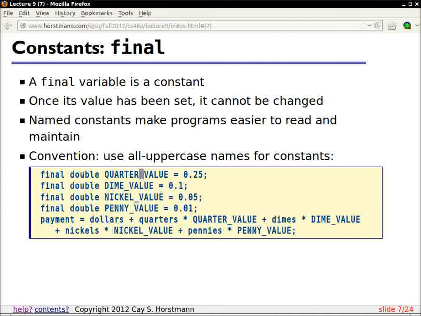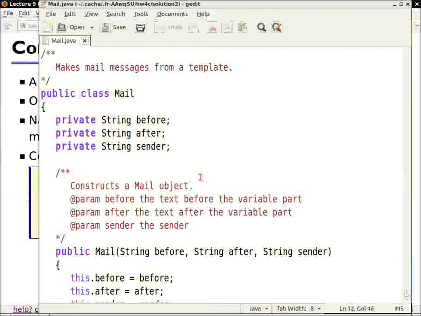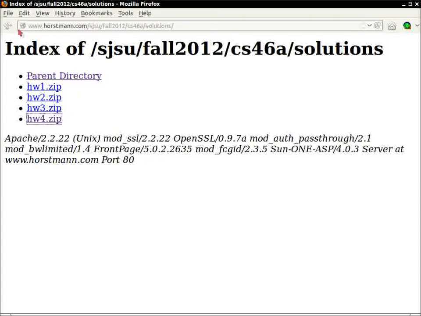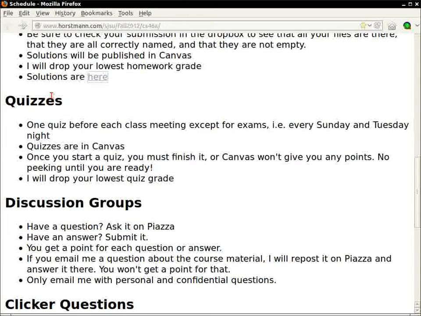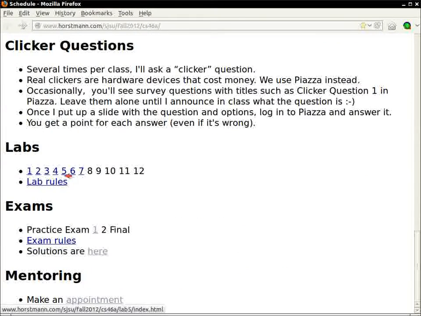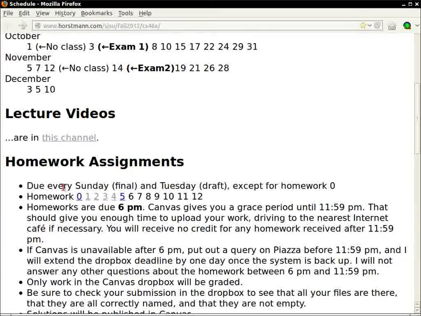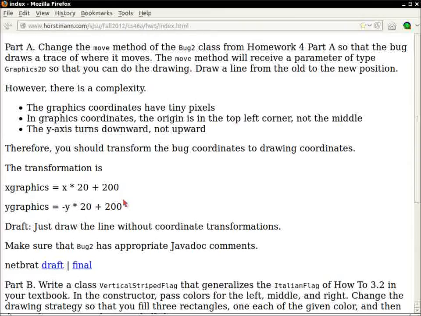Now, admittedly, it's unlikely that a quarter will ever mean anything else but 25 cents. But there are many situations when you use a constant where you do want to change it. For example, in the homework assignment number 5A, let me show you the assignment. Notice this transformation here.